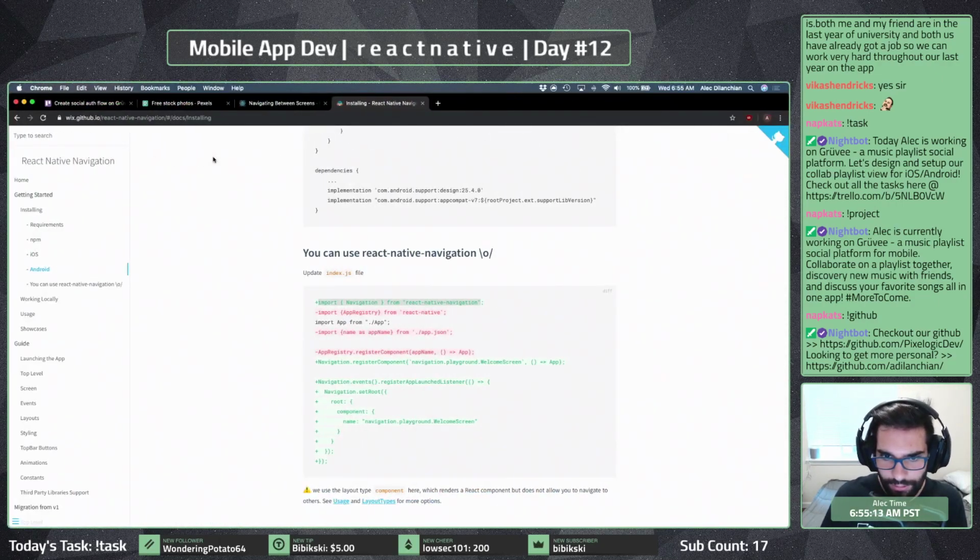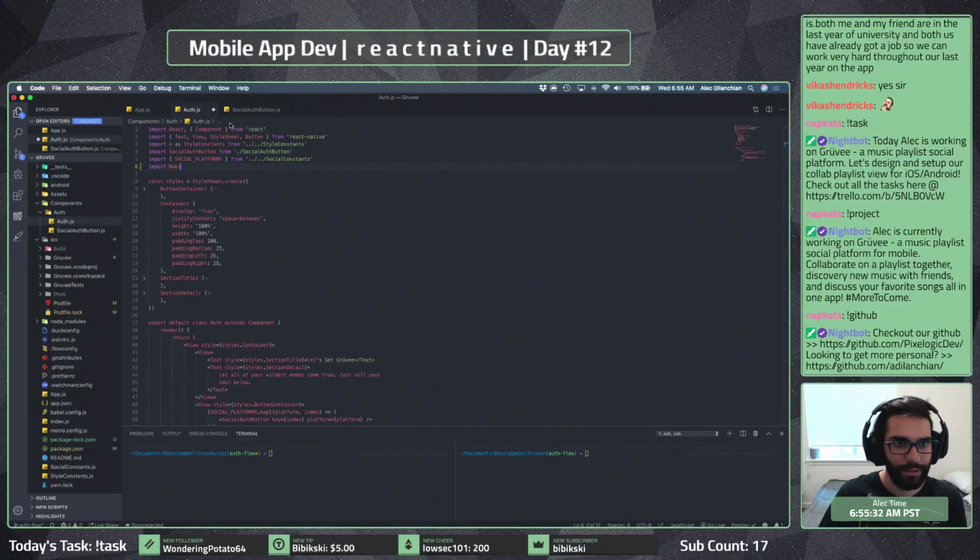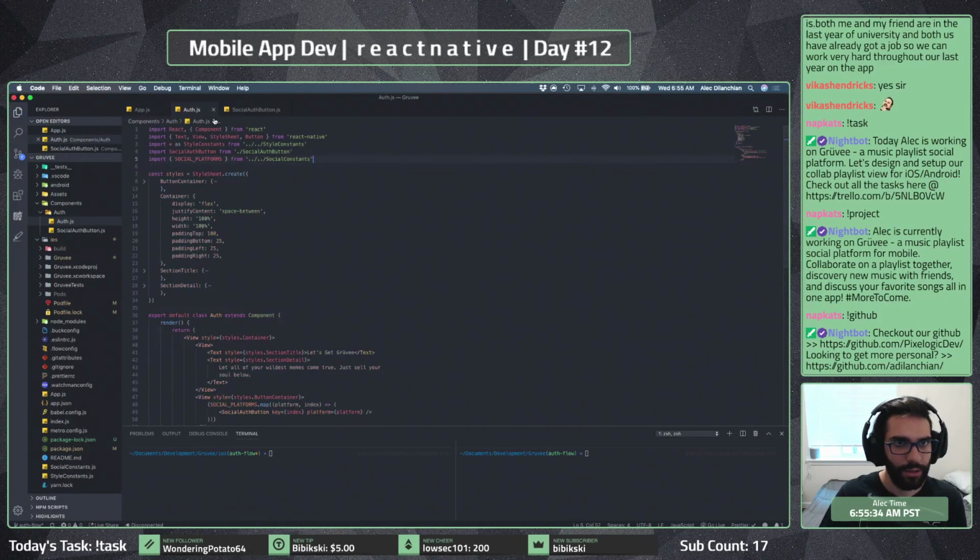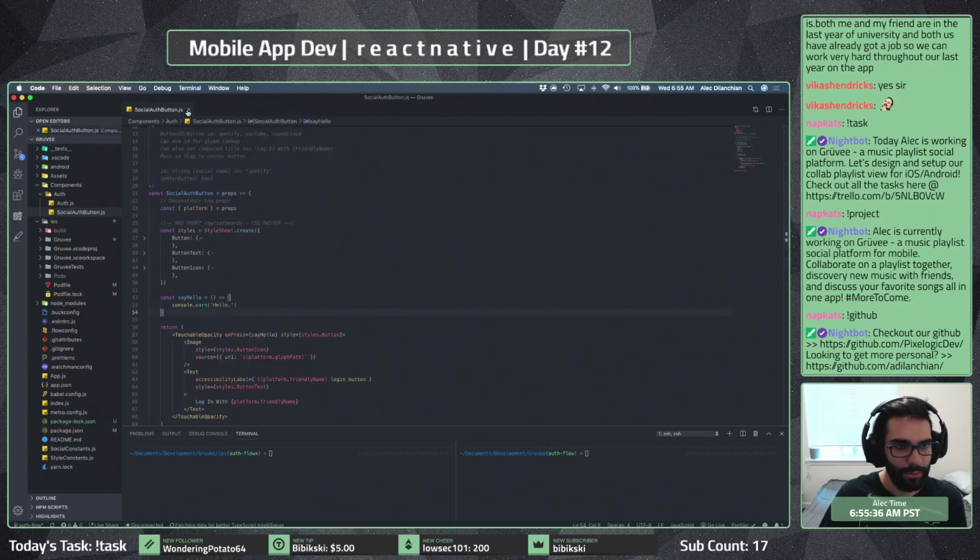Oh, update. But I feel like I can add this anywhere, no? Or I have to set the root. Okay. So let's actually then I guess go to